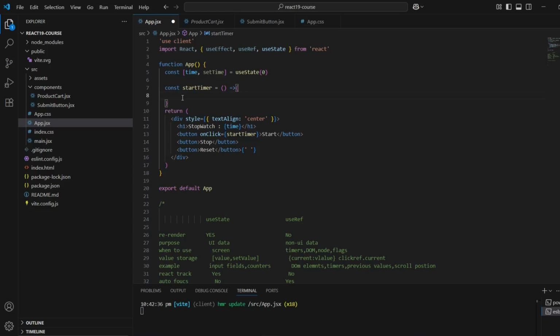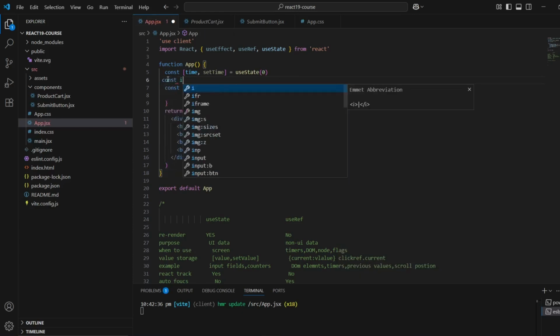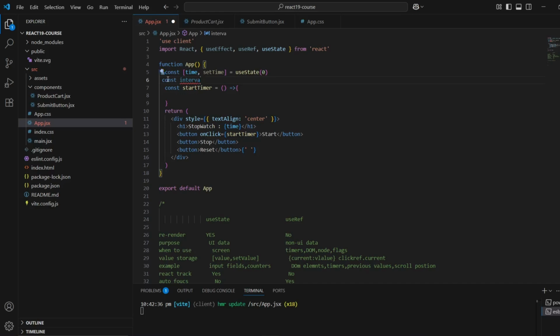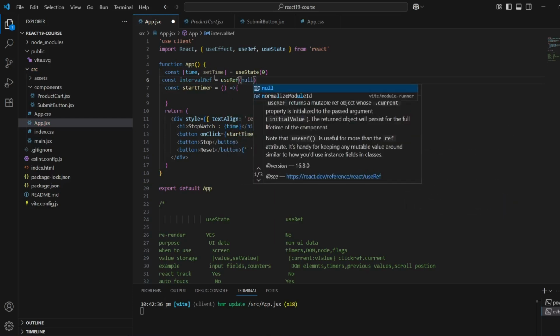In this case, we'll use a reference, meaning useRef. So let's create one useRef here and name it intervalRef, and the initial value will be null because we want to store a function in this ref.